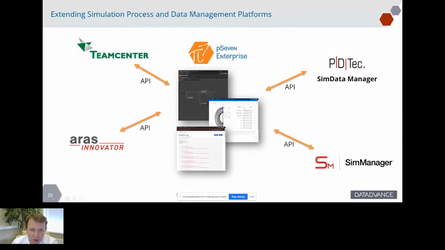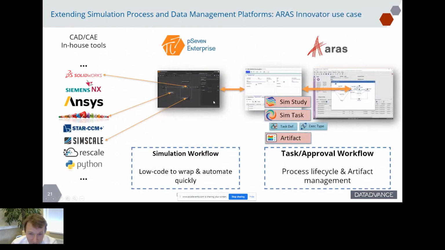What about extending those SPDM platforms? Through APIs, you can connect pSevenEnterprise to more or less any PLM SPDM platform like Teamcenter, RS Innovator, Sim Manager, Sim Data Manager. Of course, those tools also have to have APIs, but most of them do have APIs. This is an example of how it works with RS Innovator, and what the border is between SPDM and PIDO, which will be explained in more detail today by Mark Norris and